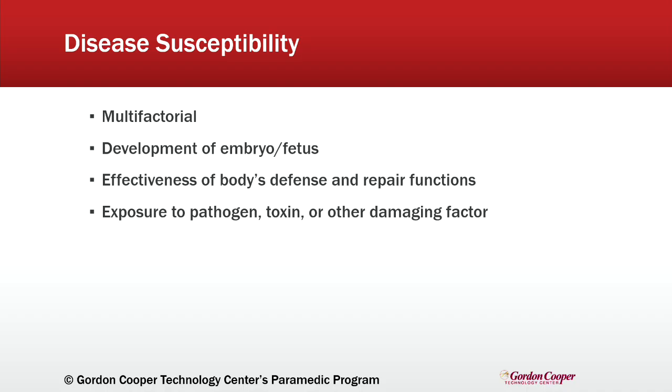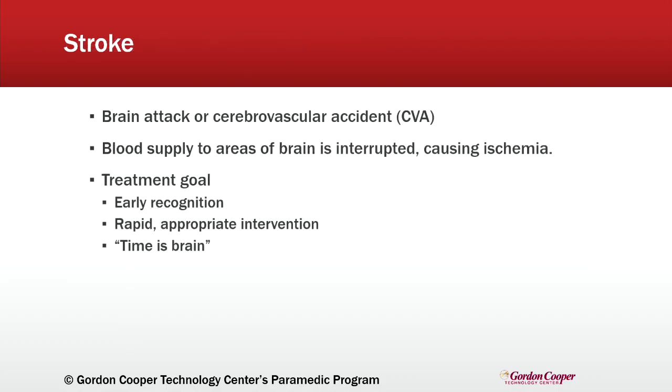The immune system also plays a crucial role in protecting us against pathogens, and the body's ability to repair and regenerate tissue also impacts disease susceptibility. A compromised immune system response or inefficient repair process can increase the vulnerability. Environmental exposures such as toxins, infectious agents, and other harmful substances can trigger disease processes as well. The nature and duration of the exposure, along with individual susceptibility, will be the biggest determining factors on their health and the outcomes. And when we talk about stroke